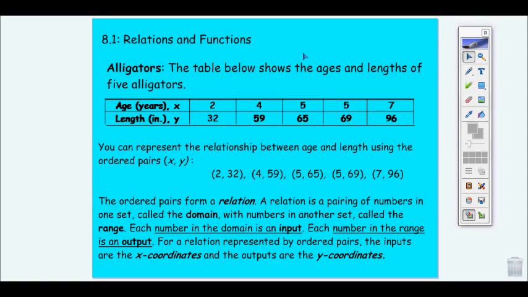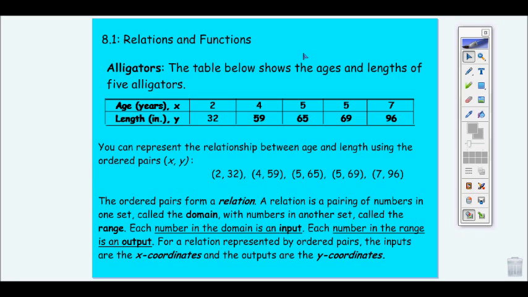Chapter 8 starts with some new vocabulary terms, relations, and functions. The first term we're going to talk about is relations or relationships. We're going to talk about that with this table about alligators. Many times you see such data when you're doing science, and you would see it on a graph. So we're going to look at what the relationship is between the age of an alligator and the length in